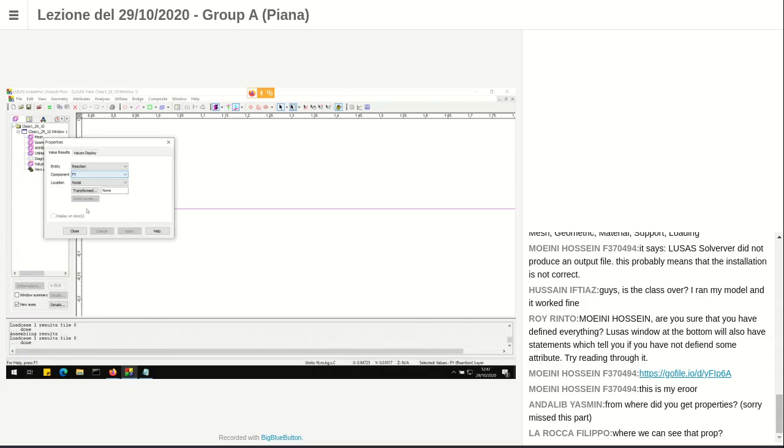So Fy is 400, positive, so upwards, Fx is 0, as expected, and Mz is 400, positive, so